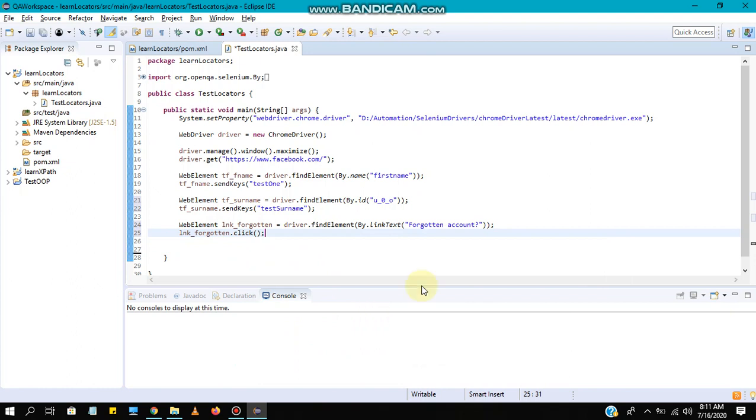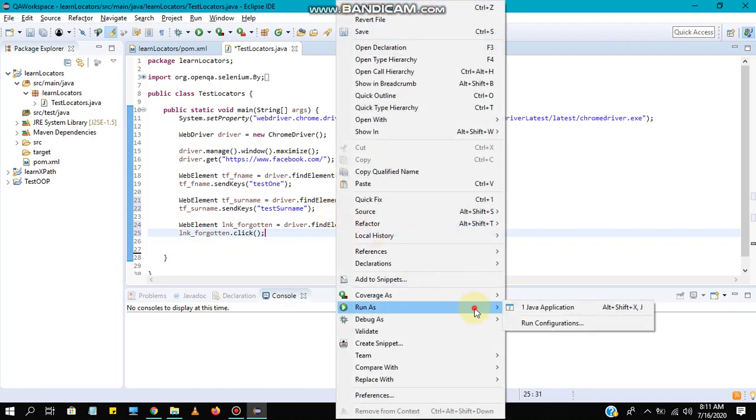Now let's run this small script and see whether all the captured locators are working fine.